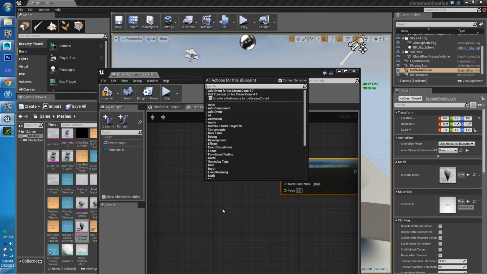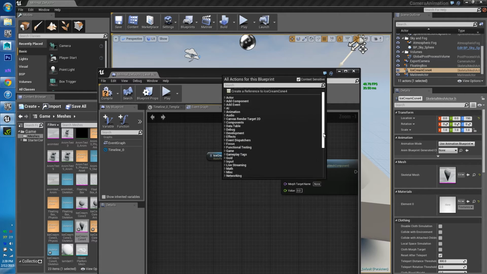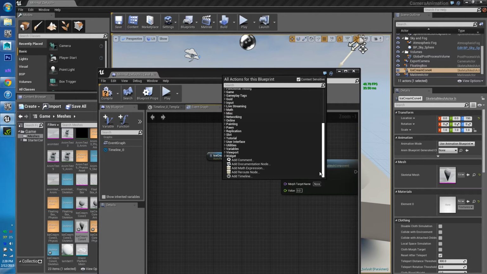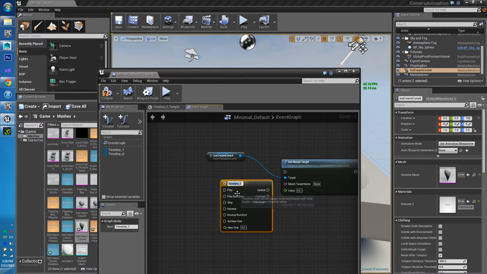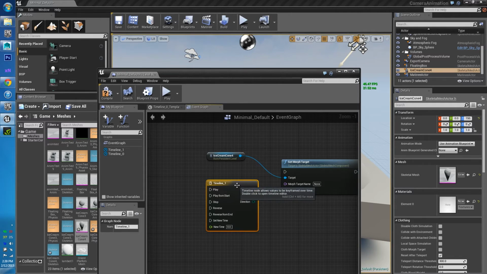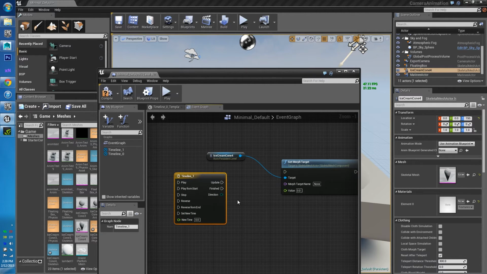So if I right click on the empty space and scroll all the way down, there is add timeline. And timeline is a really useful feature for animating all sorts of stuff. So let's take a look at this. First thing we want to do is to plug in our